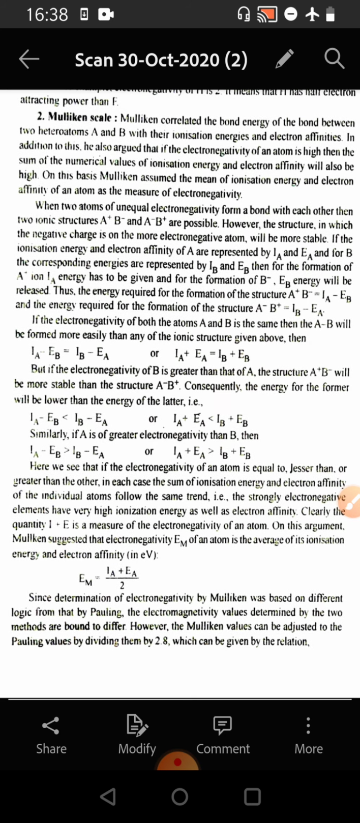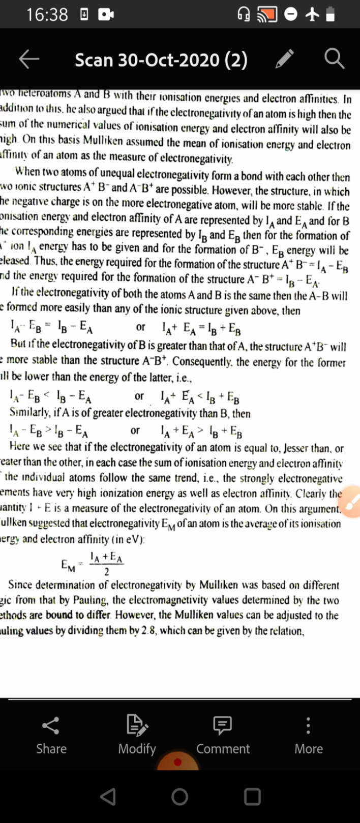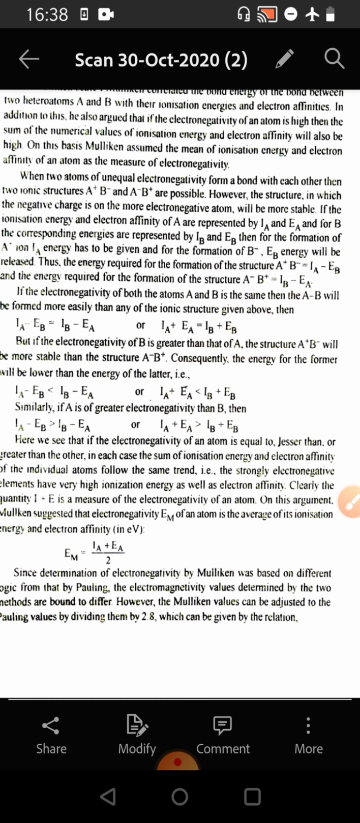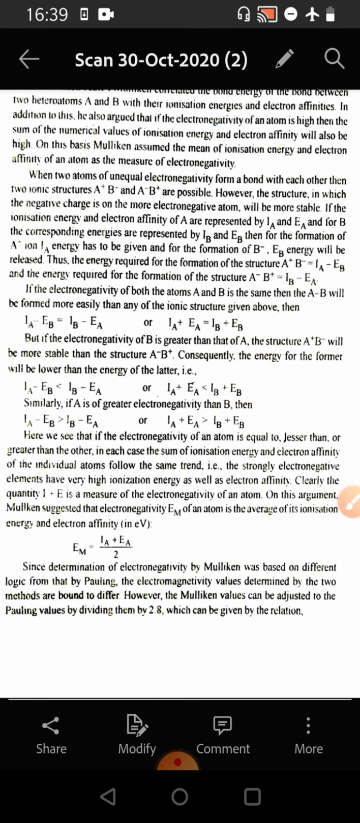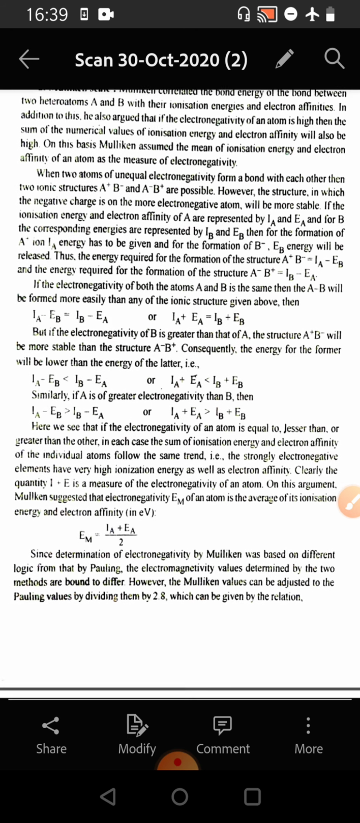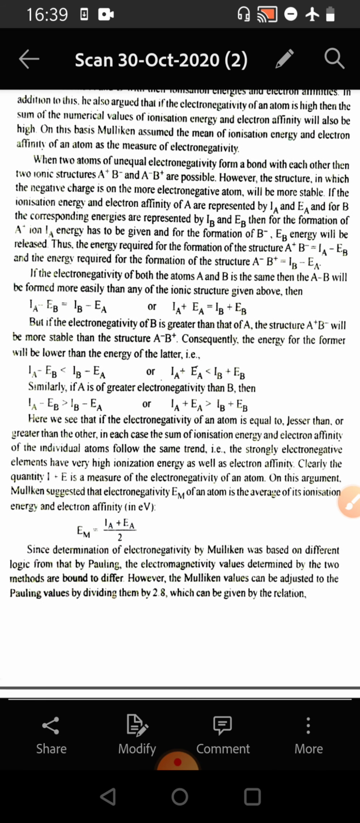the electronegativity. When atoms of unequal electronegativity form a bond, two ionic structures, A plus B minus and A minus B plus, are possible. However, the structure in which the negative charge is on the more electronegative atom will be more stable. If the ionization energy and the electron affinity of A are represented by Ia and Ea, and for B the corresponding energies are represented by Ib and Eb, then for the formation of A plus ion, Ia energy has to be given, and for the formation of B minus, Eb energy will be